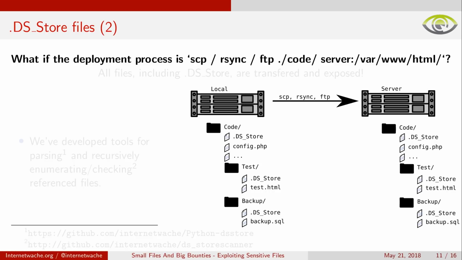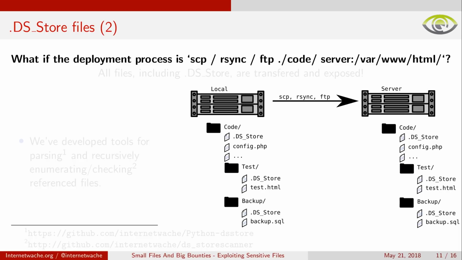So, for example, you see the figure on the right side where you have a code directory, you have a config.php in there, and you have two other folders, for example, backup and a backup.sql. So if you rsync them to the server and don't take care to exclude the .DS_Store files, all the files might end up there. By parsing the first one in the code directory, I will get the information that there's a config.php, which is fine, or some other files, but I will also know that there's